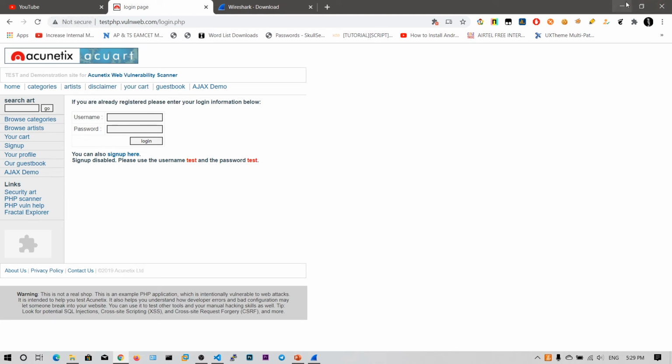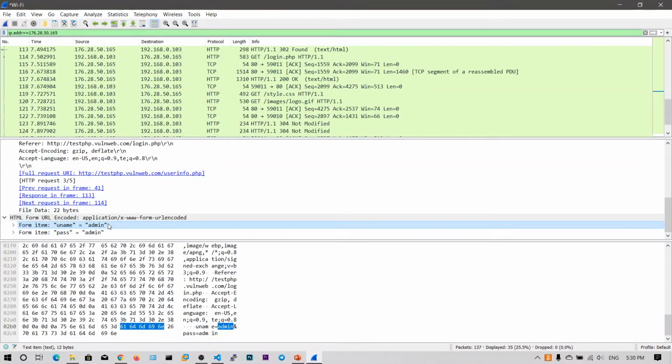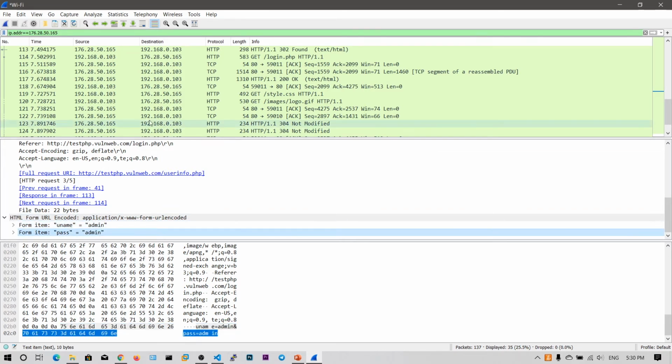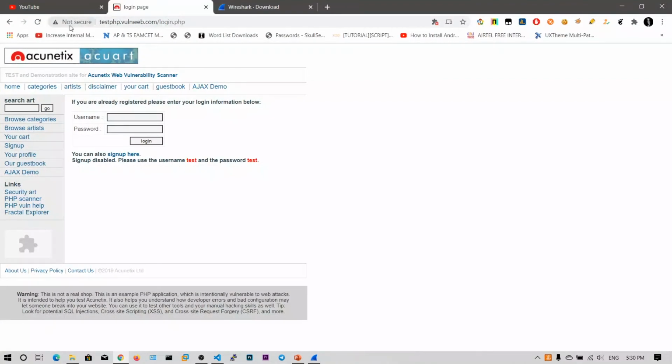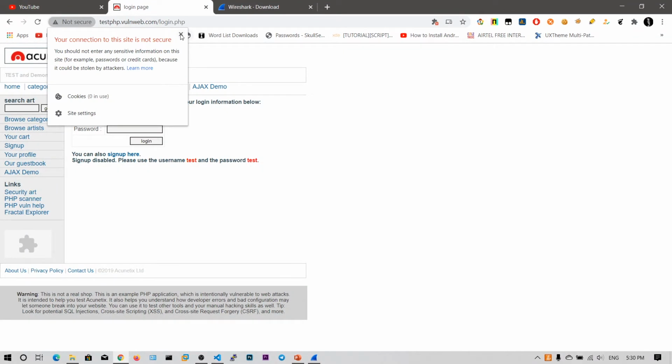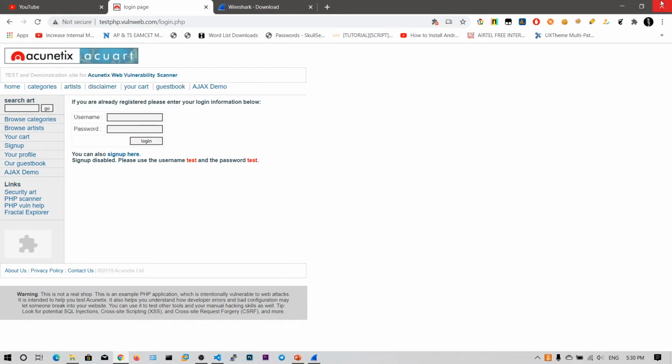It means any attacker can perform a man in the middle attack in my network, or in the path between me and the web server, and then sniff the data using Wireshark, and the attacker can see the username and the password clearly. So that's why you need to focus on this status, like not secure or secure.